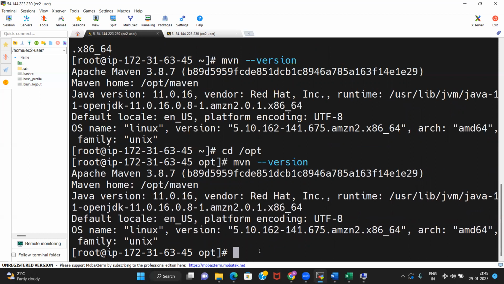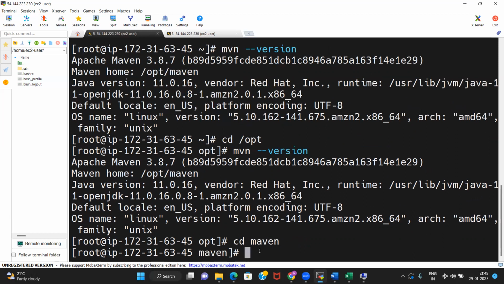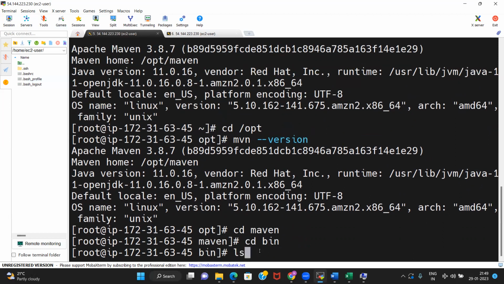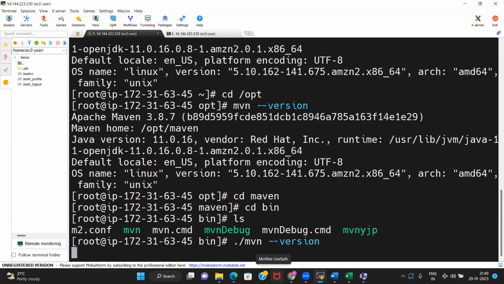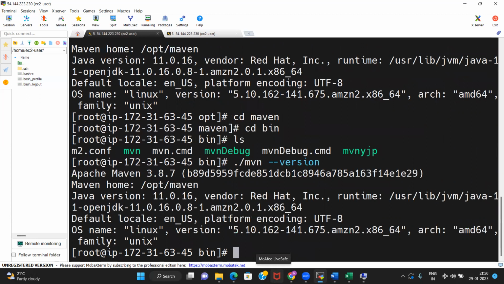You don't need to go within the Maven directory, cd Maven, then cd bin, and then run ./mvn --version. You don't need to go through all this. You can run Maven from anywhere. Okay, this is about setting up the environment variable.